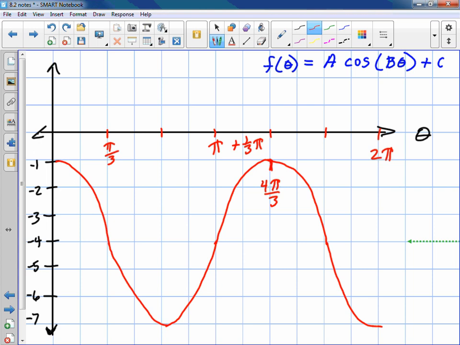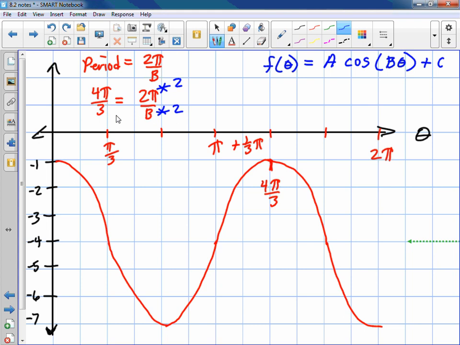So now I can say, okay, the period equals, what did we say, 2 pi over the b value. And we know what the period is. It's 4 pi over 3 equals 2 pi over b. Ooh, that's nice. Notice that I can just multiply numerator and denominator by 2, because 2 pi times 2 will give me 4 pi. So that means that 2b